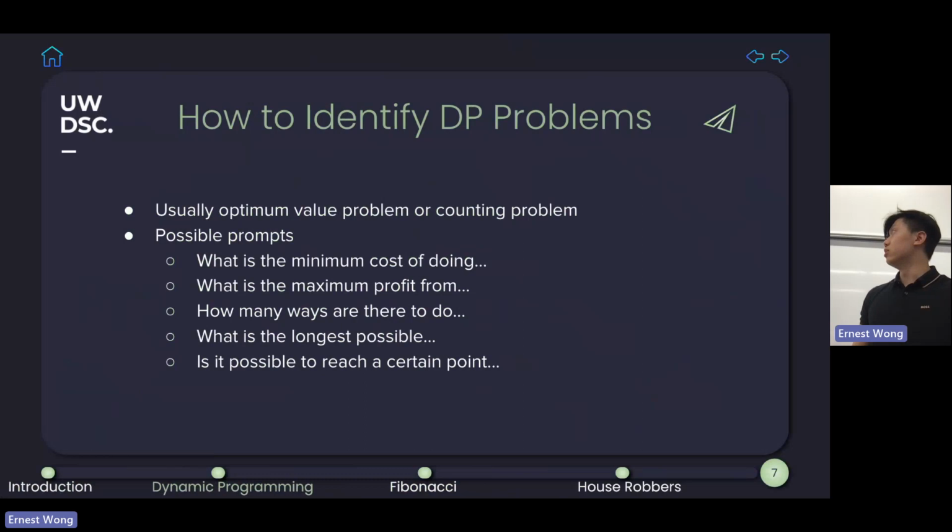Below, I listed some possible prompts to give you an idea of these types of problems. But just because it's a max problem or a min problem doesn't mean it can be solved using DP. What I'm going to introduce is a step-by-step framework to see whether you can use DP on a problem.